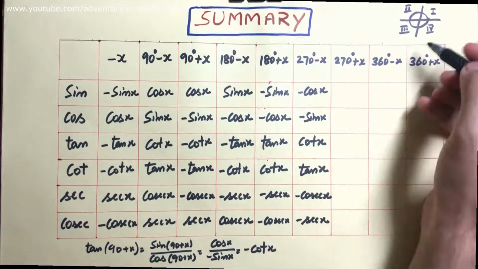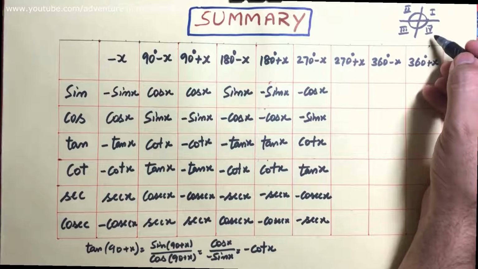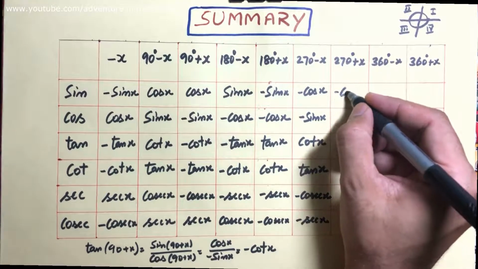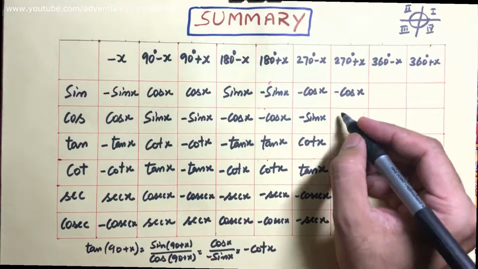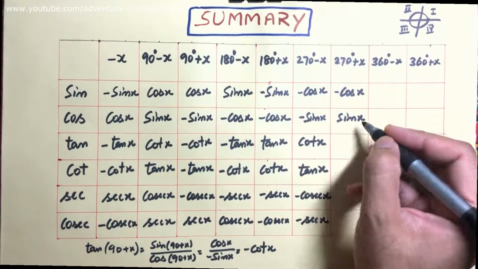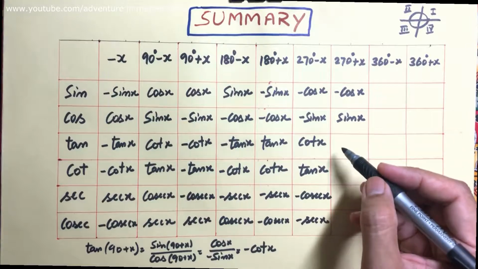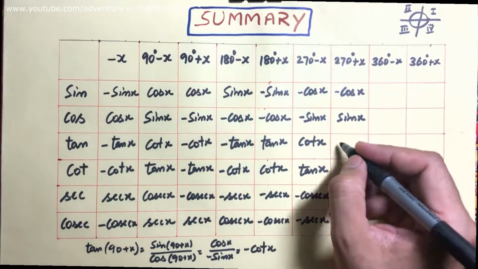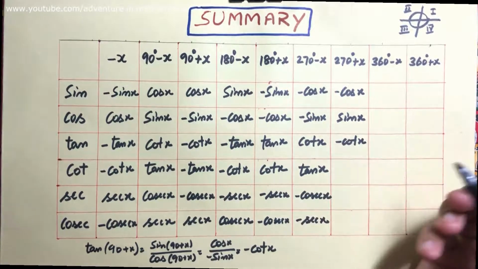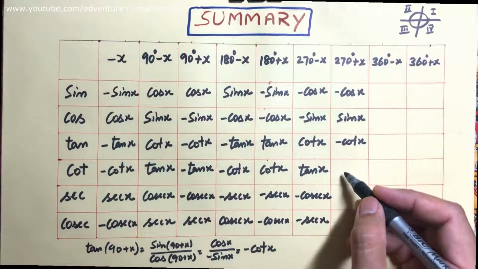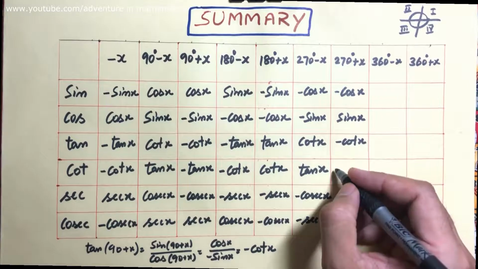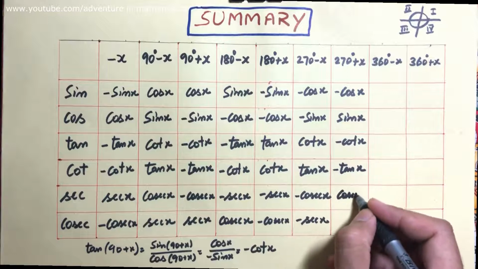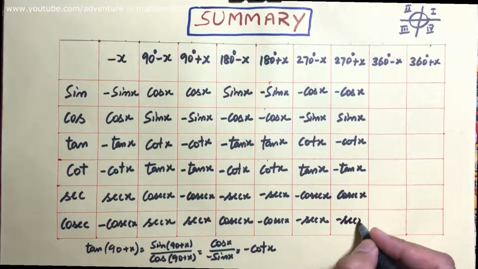270 plus x, so we are in the fourth quadrant. In the fourth quadrant, what is positive? Cos and secant. So sin of 270 plus x is minus cos x, but cos of 270 plus x is plus sin x. Similarly about tan, as I already told you, we just divide these two. What we get? Cos x upon sin x, minus cot of x. And next, cot of 270 plus x, by taking its reciprocal, is tan of x. For secant, this is cosecant x and secant x.